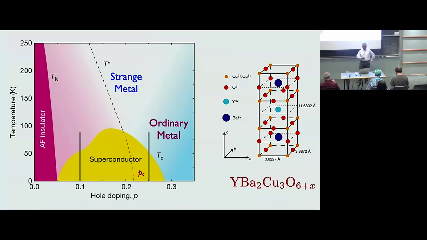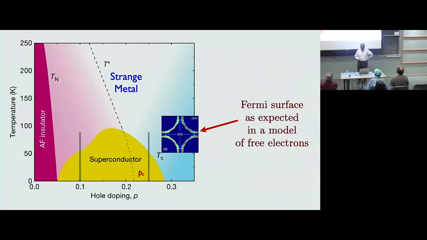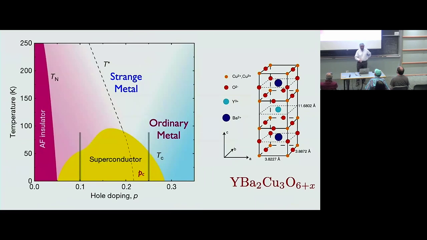So how am I doing on time, Leon? 20 minutes, okay. All right, so 10 minutes for superconductors, 10 minutes for black holes. We solve everything. Okay, so this is a phase diagram I've shown you. And many of us looked at this phase diagram and said,